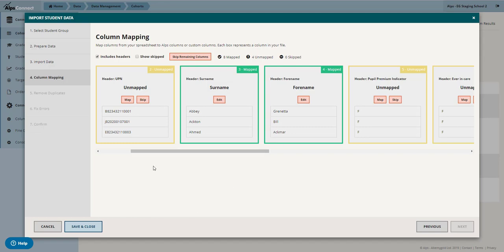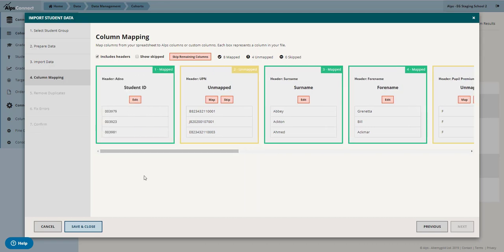So this step within the wizard is sort of the bit that means that we don't need your import files to have specific names for the column headers, you know, and the columns don't need to be in a specific order. So the admission number here in my file has actually mapped automatically to student ID, as has surname and